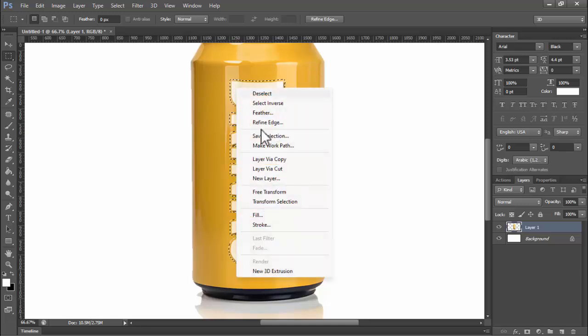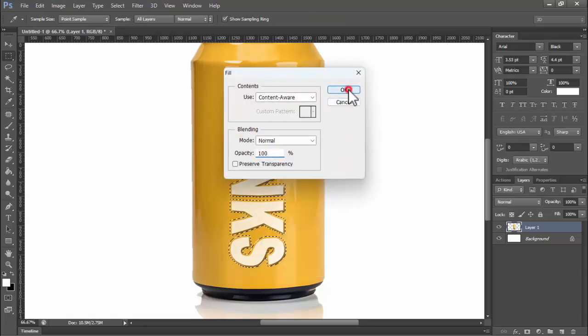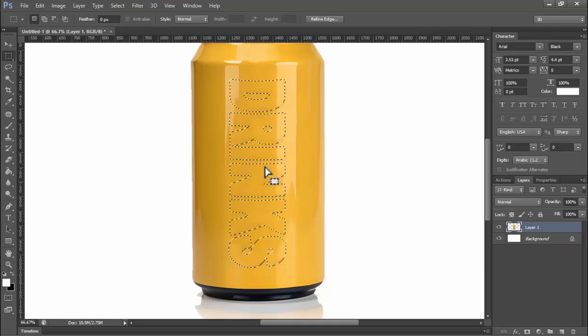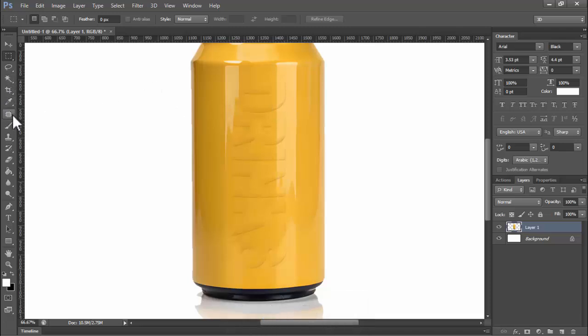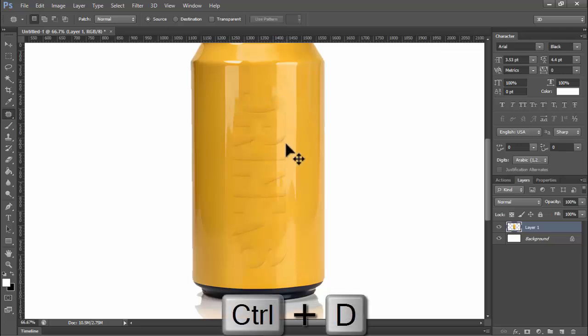Right click on your mouse. Fill content or press Ctrl D for remove. Paste tool. Select smoothly. Press Ctrl D